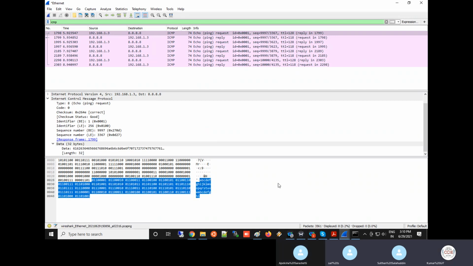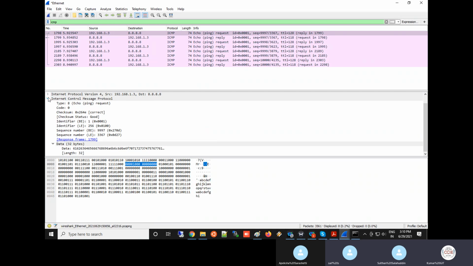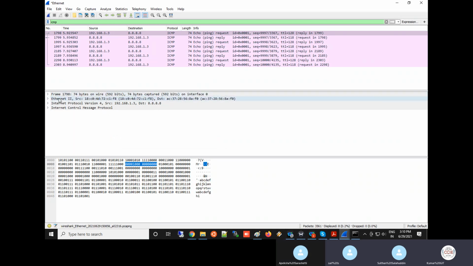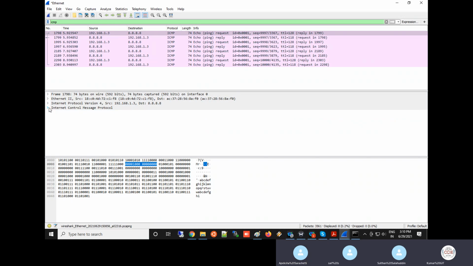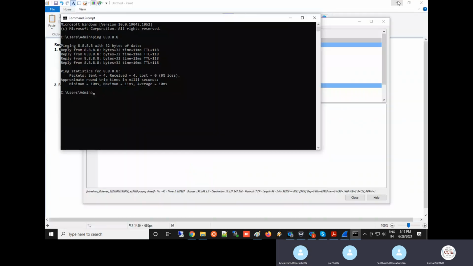You got it, right? Yes, sir. So actually, I'm sending ABCD. To send ABCD, what all things am I adding? I'm adding source MAC, destination MAC, source IP, destination IP. Then, if I'm using TCP, I add the port numbers: source port, destination port, and the TCP header. In ICMP, we use something called type and code. We studied ICMP in CCNA, right? Yes, sir. Now let's go back to this.